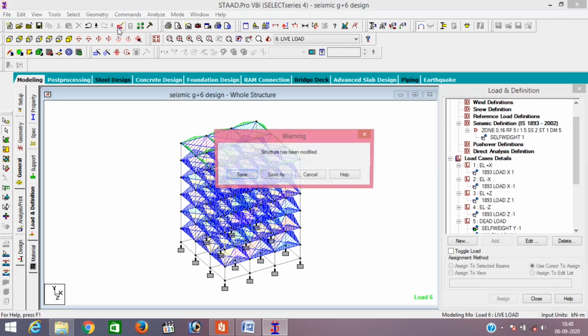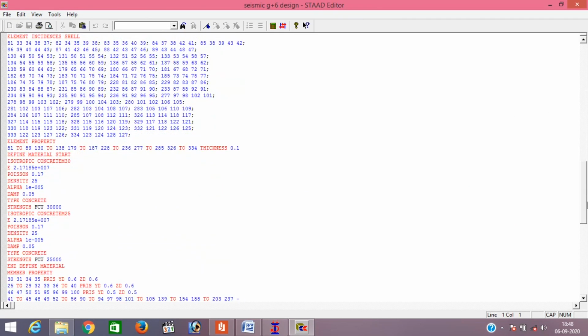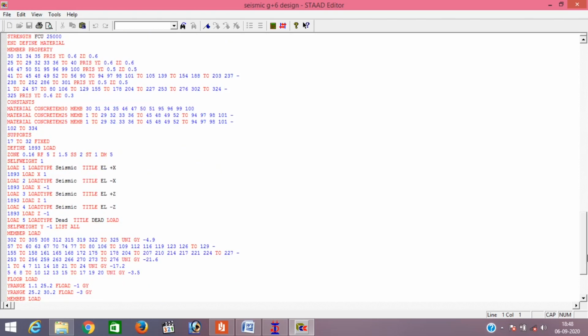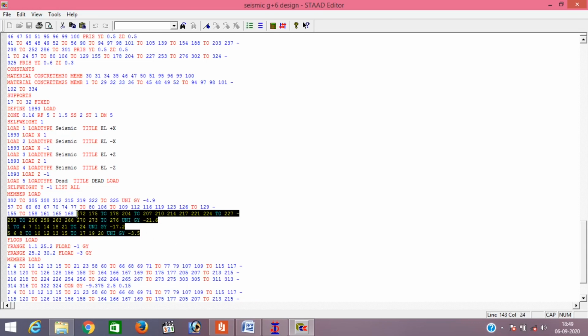We just go to the state editor and edit our data. So we save our time from this. Just go to the state editor, and here in the load, we provide the dead and live load. So we just convert it into our seismic definition.